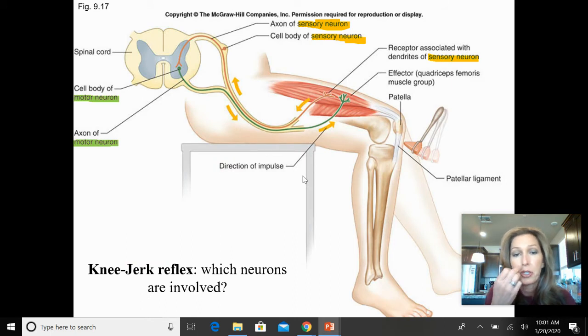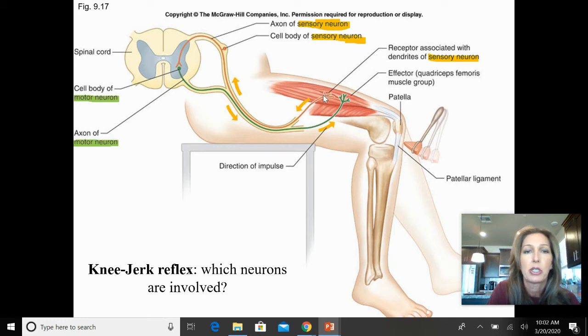Now, the knee-jerk reflex. So once again, we didn't get to do this lab where I give you guys reflex hammers. Maybe that's a good thing. I don't know. But in this particular reflex, actually here on this patellar ligament, so here's my patella, actually attached to the tibia. This is a very primitive reflex, and it actually helps us stand for extended periods of time. And so if there's any type of tension that is felt here in this patellar ligament, and so by tapping that, some of you guys don't feel that, but what happens is a